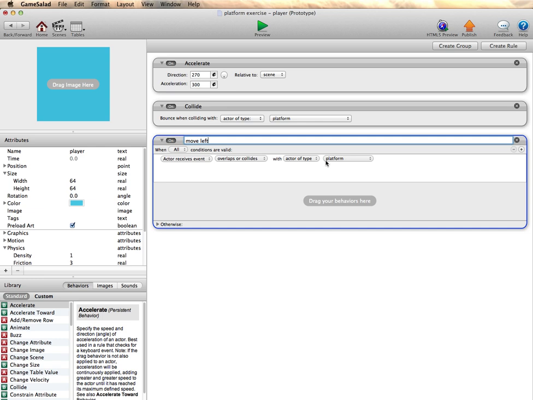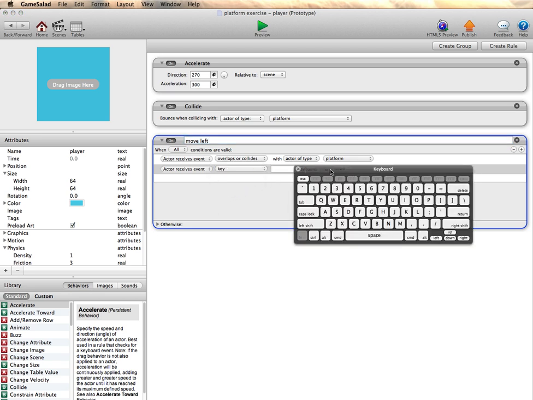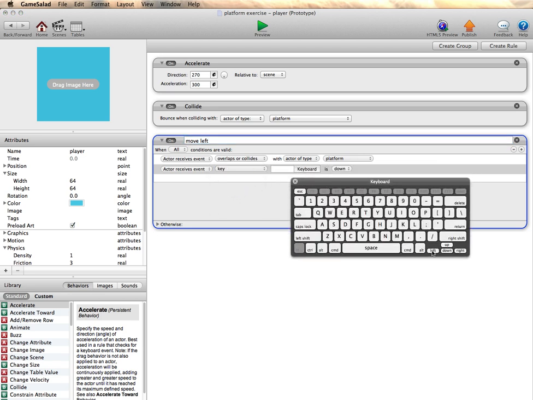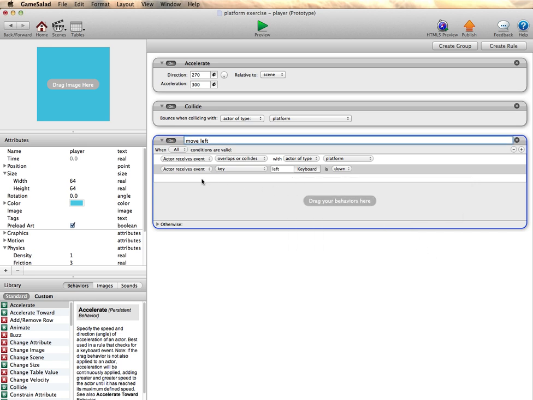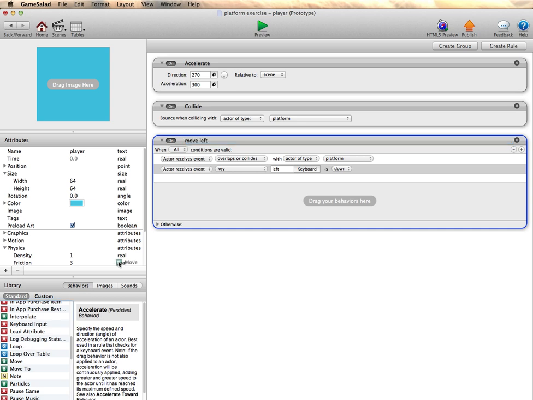Now I'll get to that second condition, which is the mouse, or rather the hand hitting the key on the keyboard, triggering a movement. This time, actor receives event, key, and we'll click on keyboard and it shows us the keypad, and I'll click on the left key. So when the left key is pressed down and the actor is on the platform, we're going to want it to move. And we actually have a behavior called move. So we grab the move and we put it in this